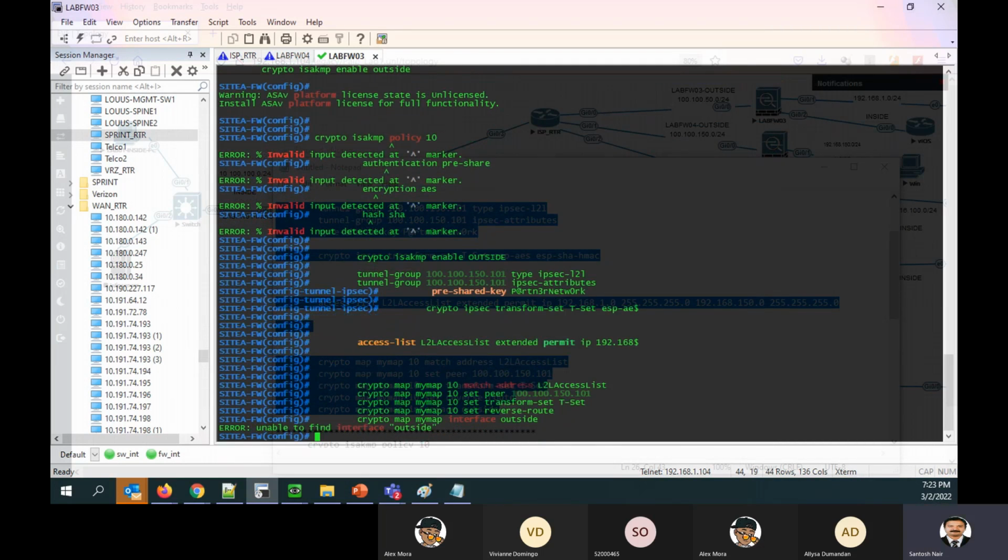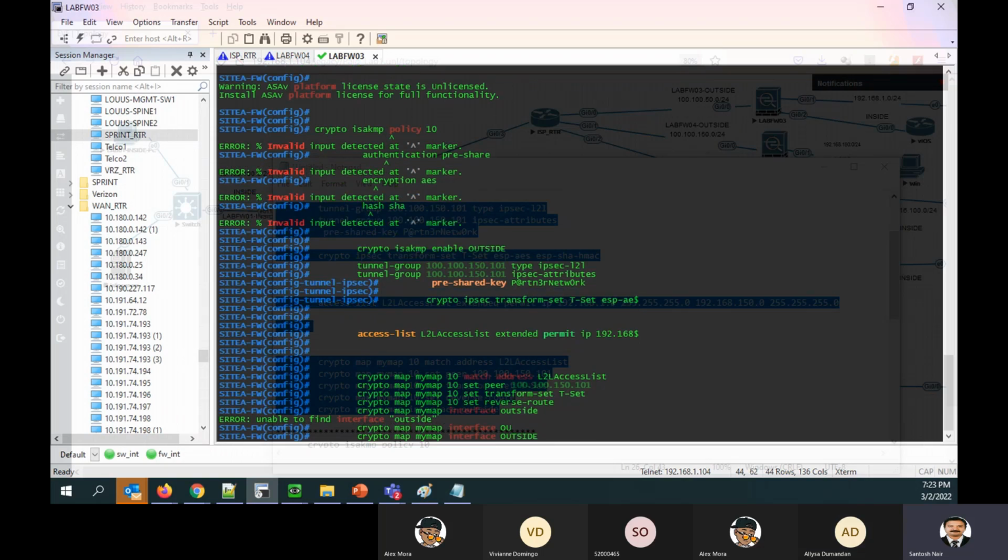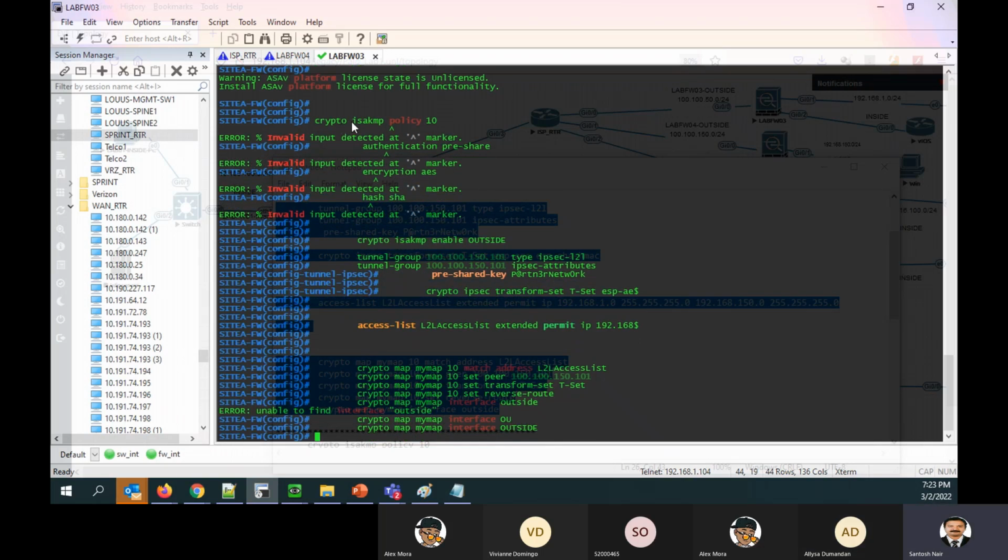It is showing some mistakes. So let's see what all the mistakes are. See, the outside interface is wrong. So it is outside. Okay. Next, what is it saying? It is showing